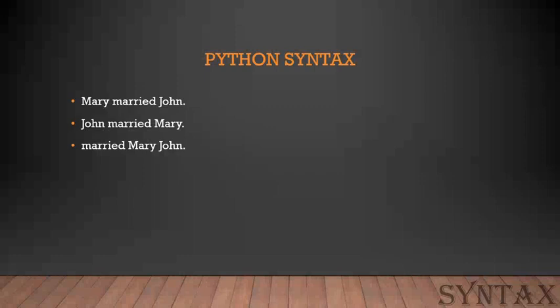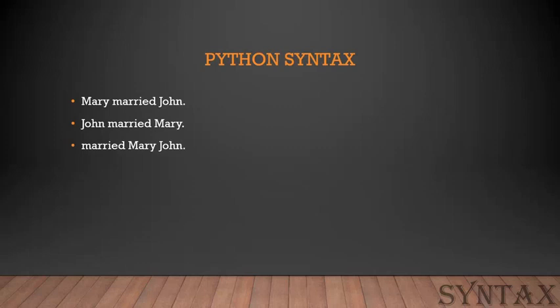But here you can tell married Mary and John. If you miss out exclamation marks or commas or whatever is required by English grammar to make it a proper sentence,